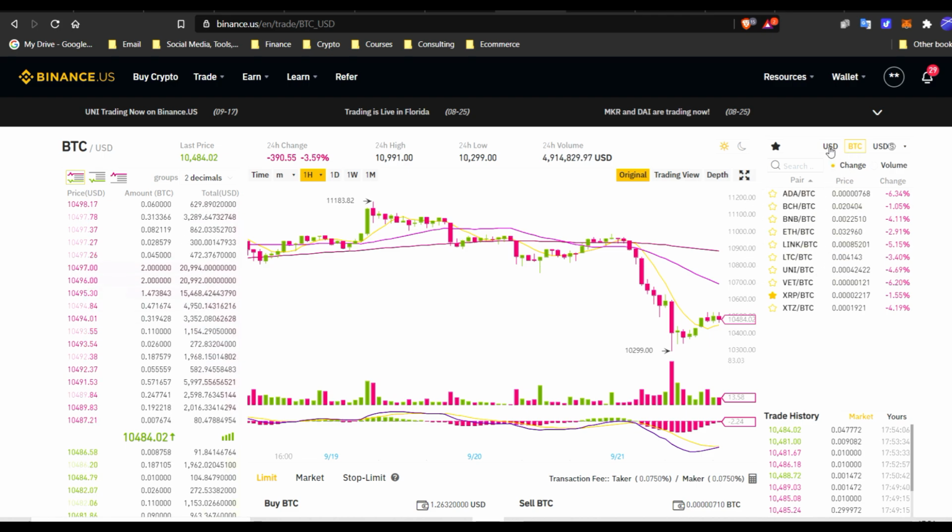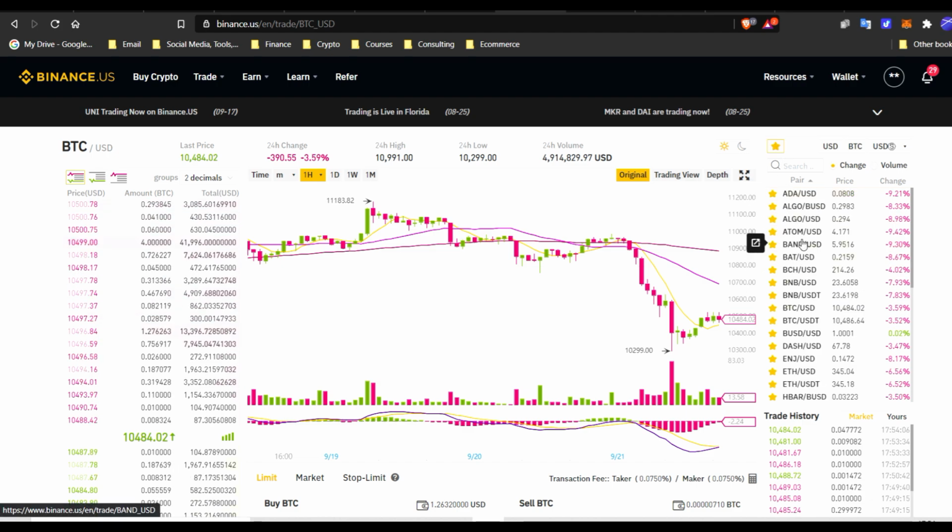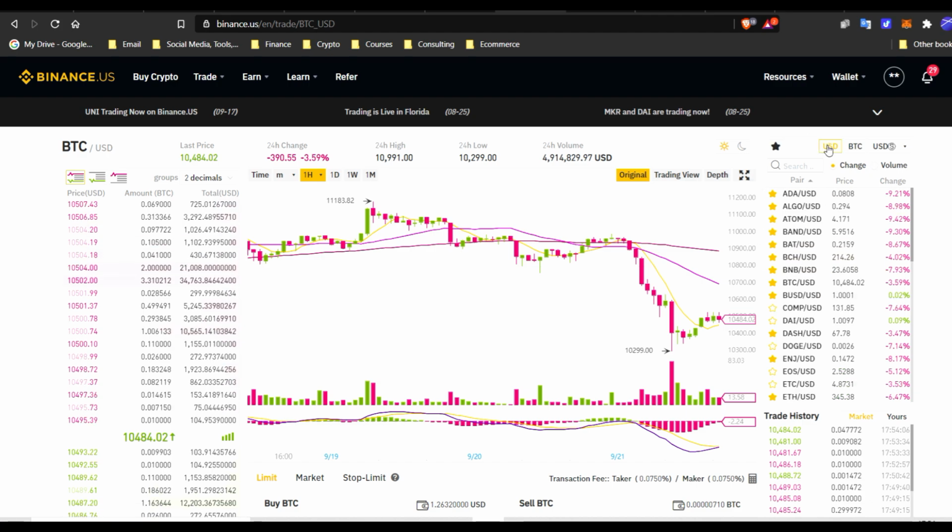All right, so for this example, we're just going to be using USD and any other cryptocurrency that we like. So we're in the USD column, and I have some starred, and these are in my favorites. When I click star, these are just my favorites. I essentially have all of them favorited just because I was doing a lot of trading recently. So right here, we're just going to go to US dollar and say that we have US dollars and we